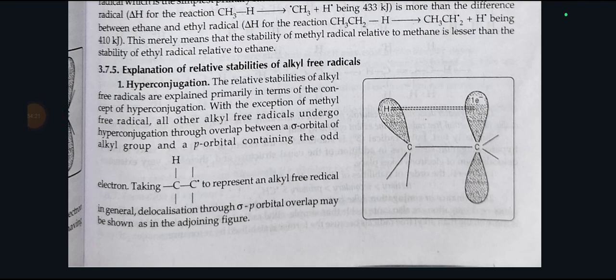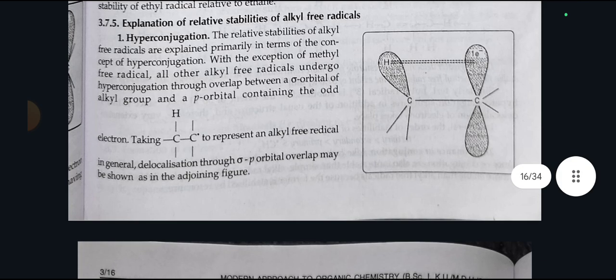3.7.5 Explanation of relative stability of alkyl free radicals. First, hyperconjugation. The relative stabilities of alkyl free radicals are explained primarily in terms of the concept of hyperconjugation. With the exception of methyl free radical, all other alkyl free radicals undergo hyperconjugation through overlap between sigma orbitals of